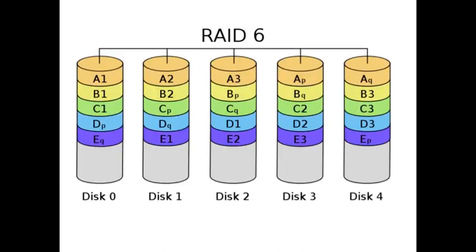And this is how it is used. We have here, if you can see, the array, and in each array 2 of the disks are used for parity, and that is the reason it is called double distributed parity. In this array, in all the disks, 2 of the disks are used for parity, so that in case 2 disks also fail, the entire data can be recovered.